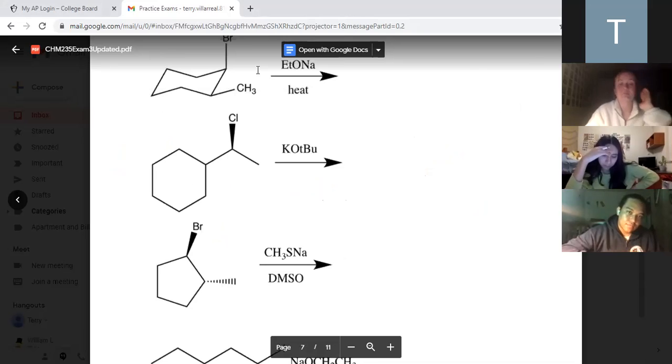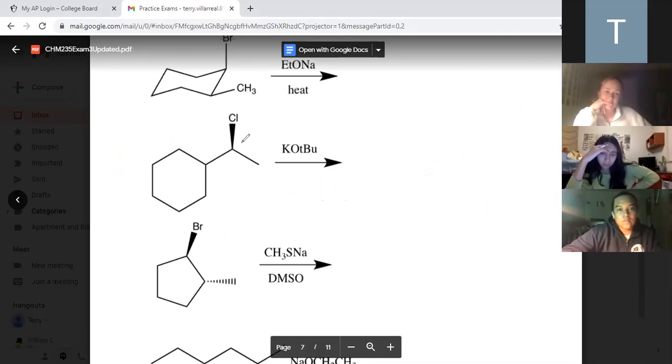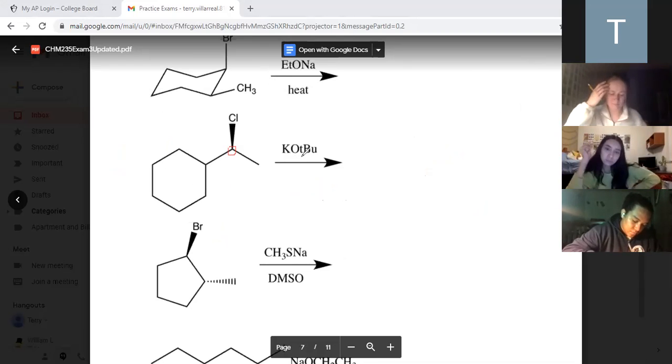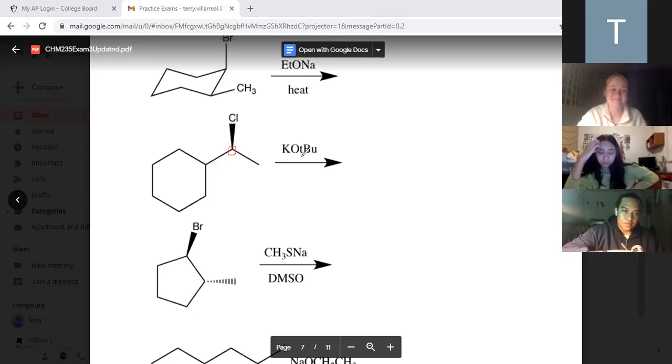Okay, what type of carbon do I have here with my leaving group? Secondary, all right? So I didn't eliminate anything. Now, potassium, and what's OTBU? That's a tert butyl, but that's not the full name. Tert butoxide, yep. So what type of reagent is that? Small base, or weak base, strong base, weak nucleophile, strong nucleophile?